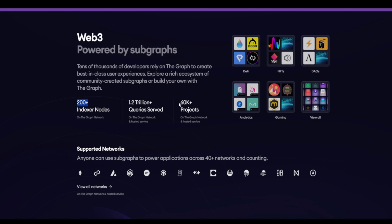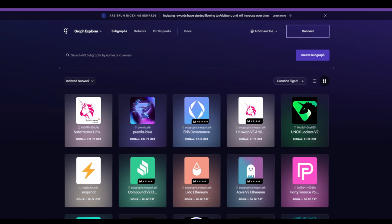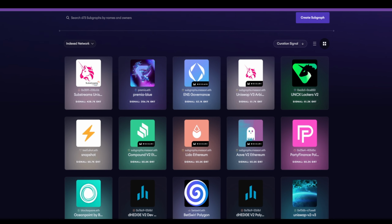More than 60,000 projects have been deployed within the ecosystem by launching their subgraphs. And this includes various applications, sites, tools, NFT DAOs, analytical platforms, metaverses, and more that are leveraging the ecosystem. In the time they've been operating, they have significantly grown their ecosystem. For example, popular platforms like Uniswap, SushiSwap, and Polygon are part of the ecosystem, as well as numerous NFT marketplaces,